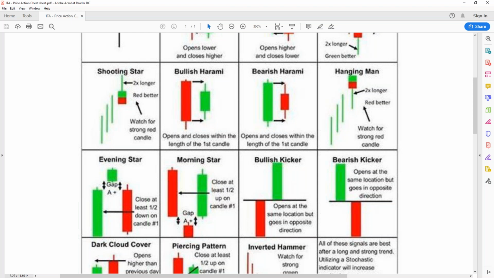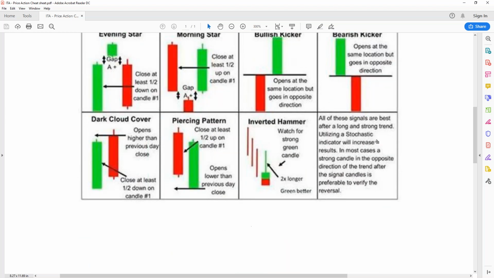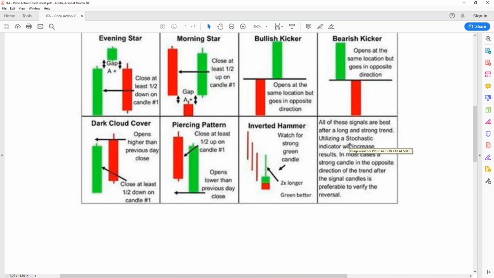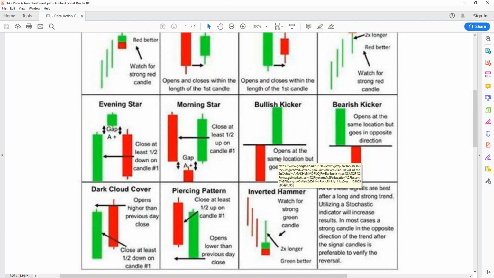I don't use the bullish kicker or bearish kicker as much, nor do I necessarily use the dark cloud cover or the piercing pattern. Inverted hammer I do. Inverted hammers are usually found at the bottom of a bearish or descending trend. Green is the best because, being at the bottom, we want to see bullish markets being moved, or a potential trend reversal like that. As it says on the tin, markets move in, a bearish correction candle, a bit of indecision is shown, and then of course we're looking for the markets to move higher.